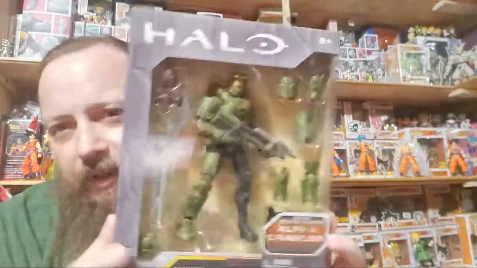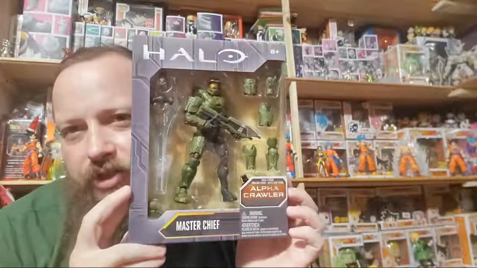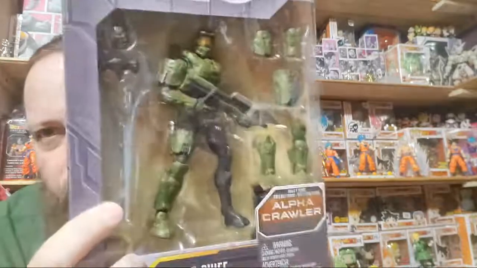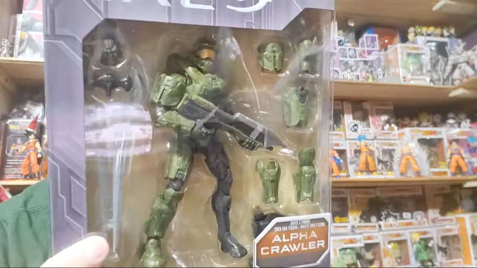Here is the main man himself, the attraction of Halo. My favorite, the Master Chief. He's also got an energy sword. He's got a whole lot of stuff with him. So he's got the assault rifle, and he comes with,